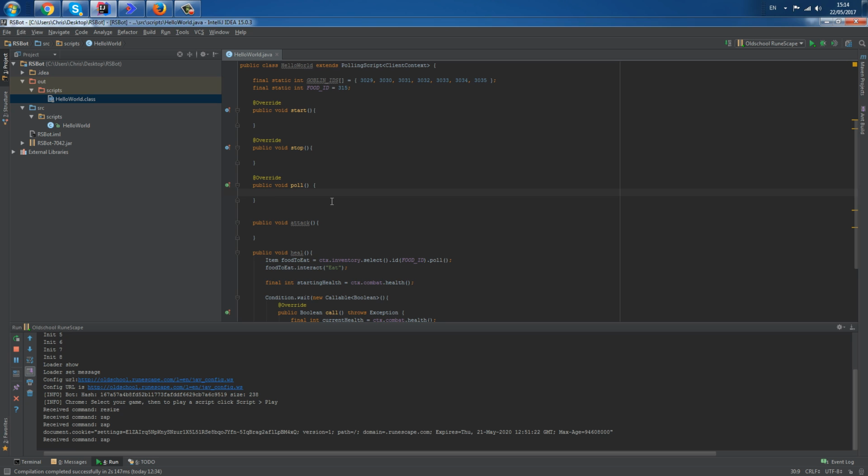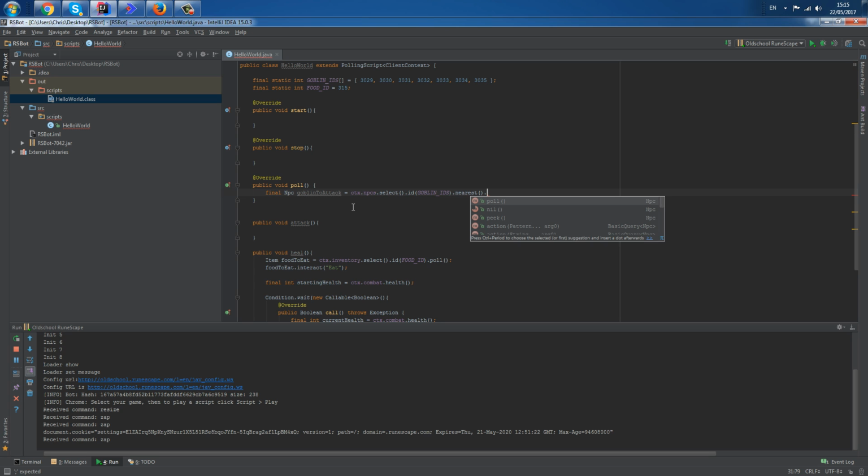So what you can do is final Npc, org.powerbot.script.rt4, goblin to kill, actually goblin to attack, equals ctx.npcs.select, don't forget to select, .id goblin IDs, .nearest